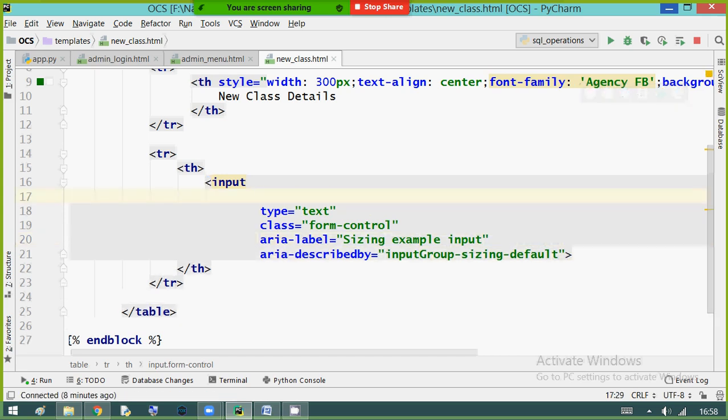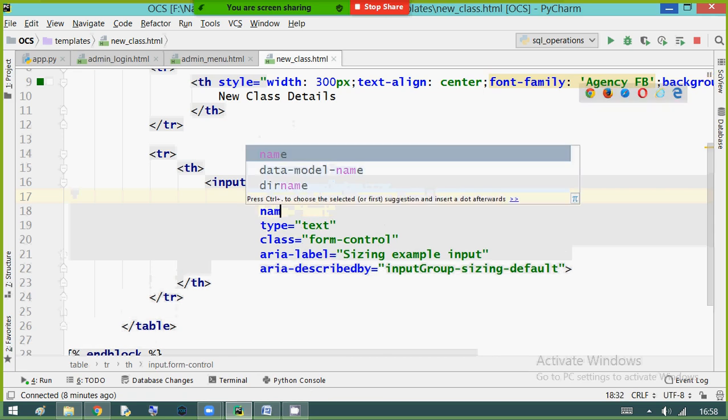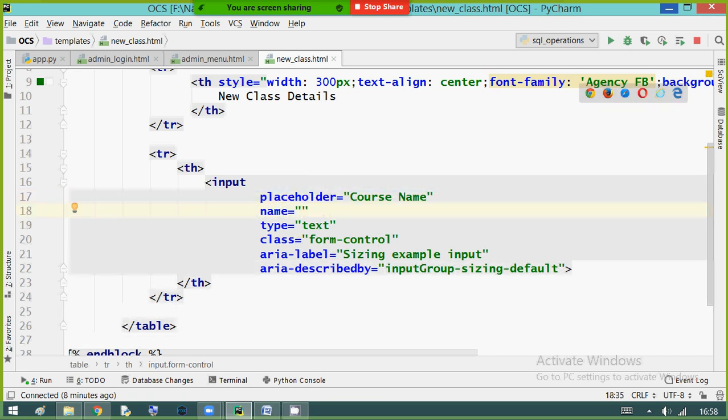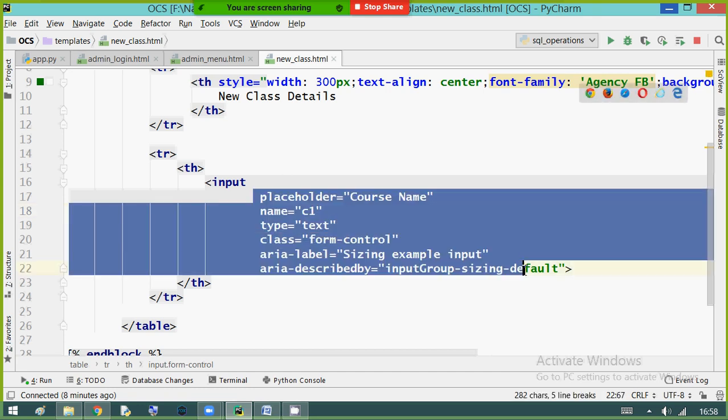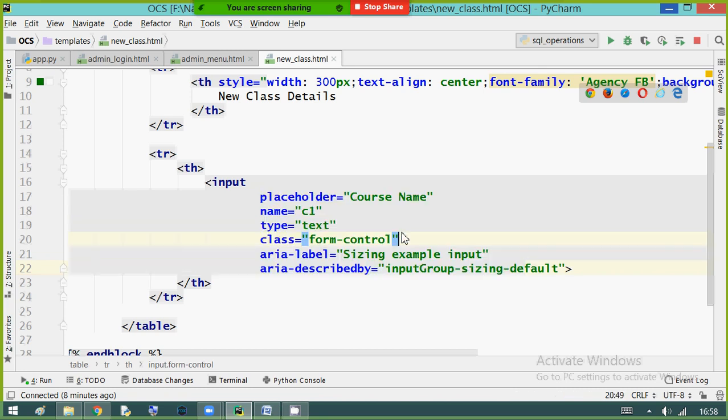What other attributes? Placeholder, giving course name, and we need to provide a name to call into the Python file to get the data. Like for username and password we gave T1 and T2 in the previous videos, similar to that I'm providing a name. This name we use in the Python program to read the data from the form.